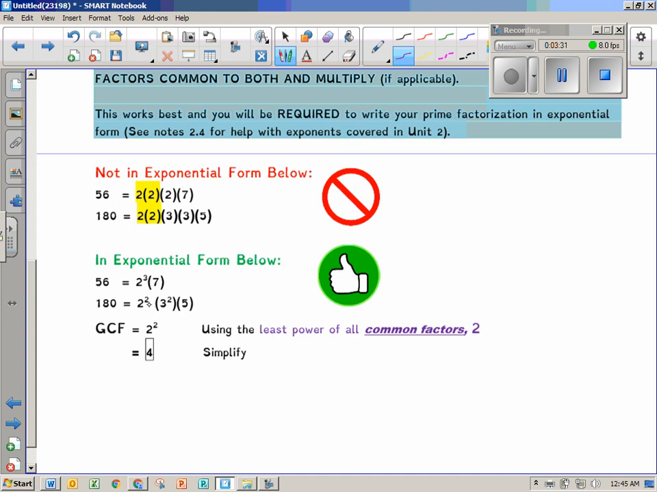You're looking for what these have in common. Well, this one has 2 to the second, and this one has at least 2 to the second. They don't have 2 to the third in common because this one doesn't have enough 2's. But after that, nothing else is really common. So the GCF is 2 to the second. So you're actually using the least power of all common factors. In this case,